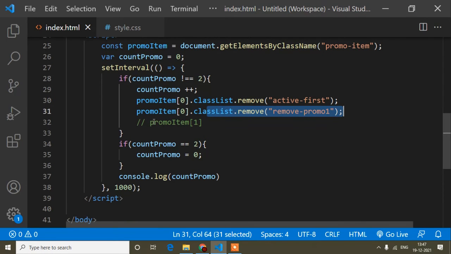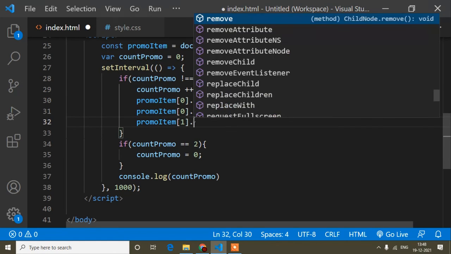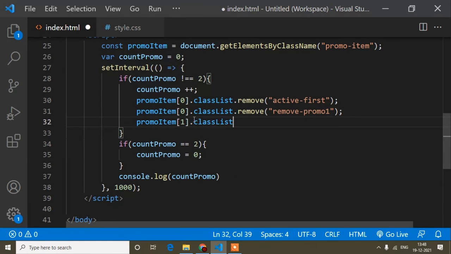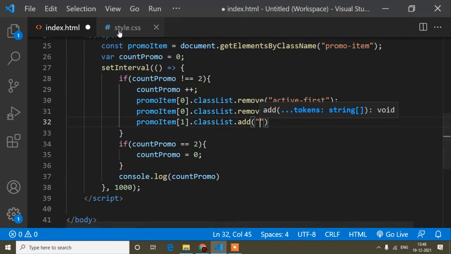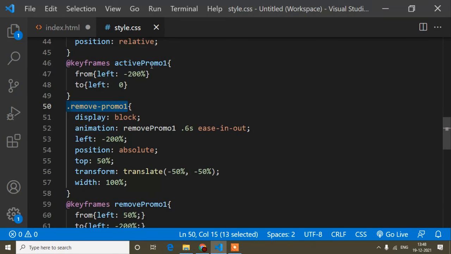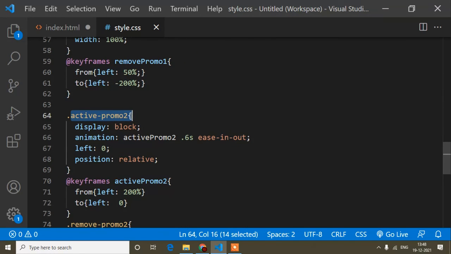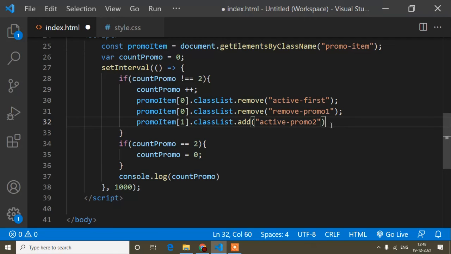So now guys, here I will write promo item 1 dot class list, then dot add. Here I will add the class active promo 2, because when the first item is removed, at that time the second item should be active. So I will add this active promo 2 class like this.